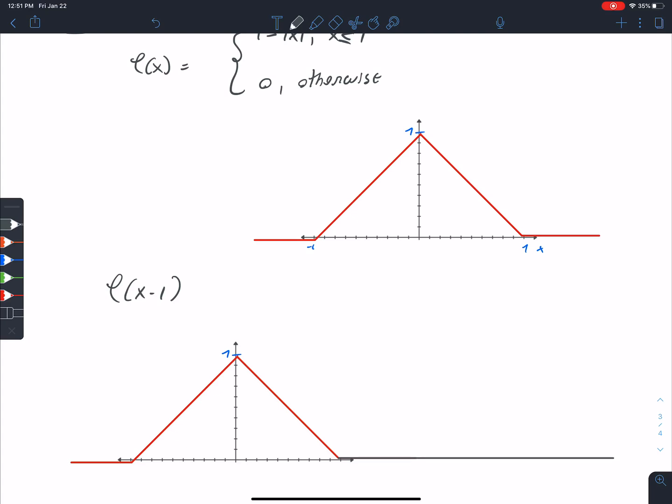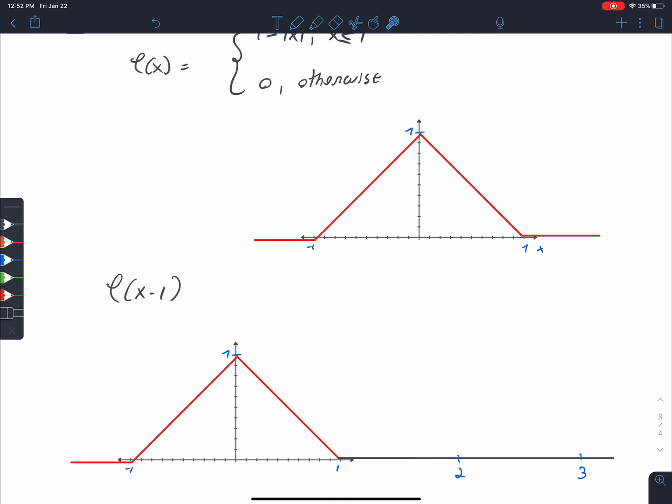Right? And again, before we had here -1, and this was 1. So roughly speaking, we're going to have here 2. And let's say, roughly speaking, here 3. And as we mentioned before in one of the first videos in this class, when we are shifting